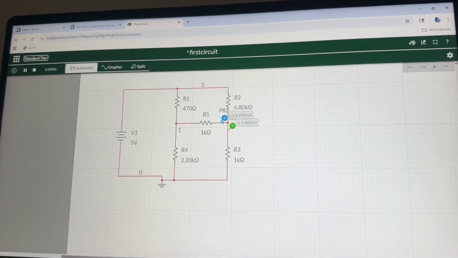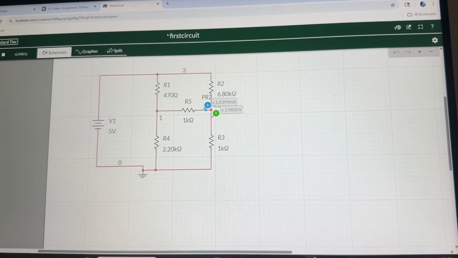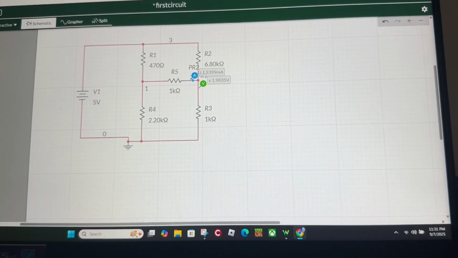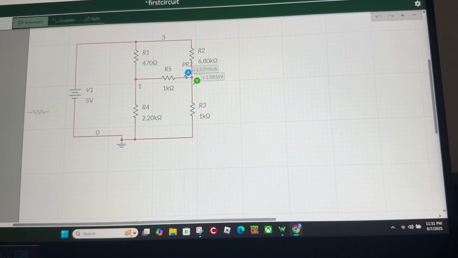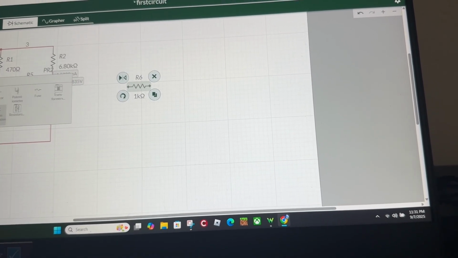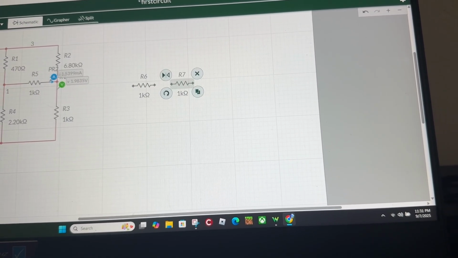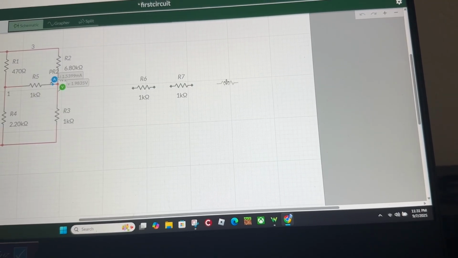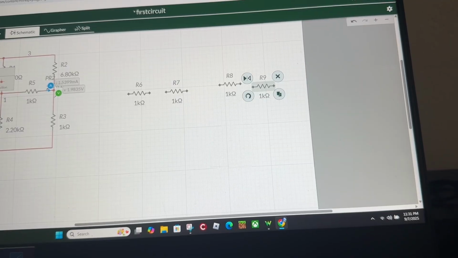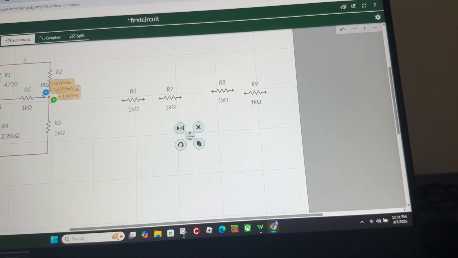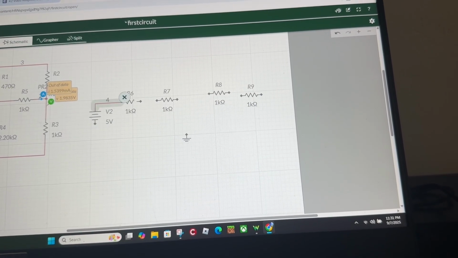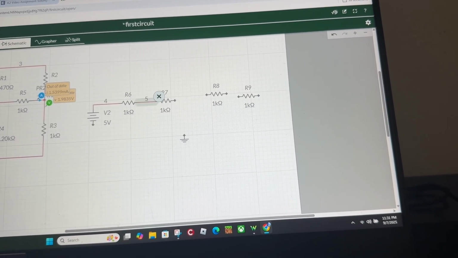All right, so these are our values we're working with. So now there should be some simple math to build an equivalent circuit. First, I'm going to lay that out real quick. To solve for the Thevenin equivalent,